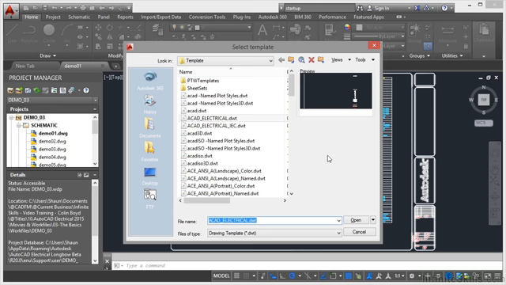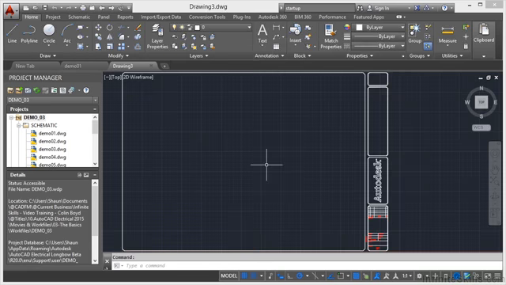Now those templates can be confusing to the new AutoCAD or AutoCAD Electrical user. Some of them are very self-explanatory. So for example, ACAD Electrical IEC, you know that that's an AutoCAD Electrical template to the IEC standard, the metric European standard. AutoCAD Electrical.dwt is the Imperial JIC American standard. So if I selected ACAD Electrical.dwt there and clicked on Open, that'll open up a new electrical drawing for me